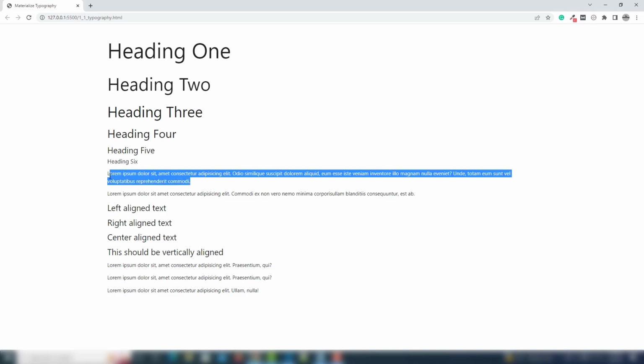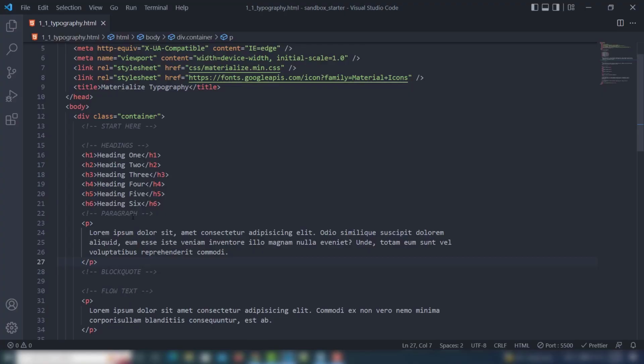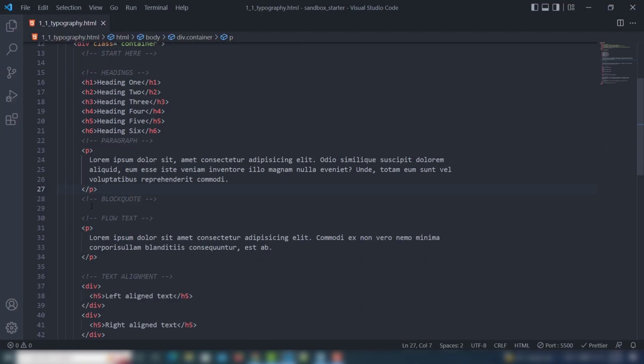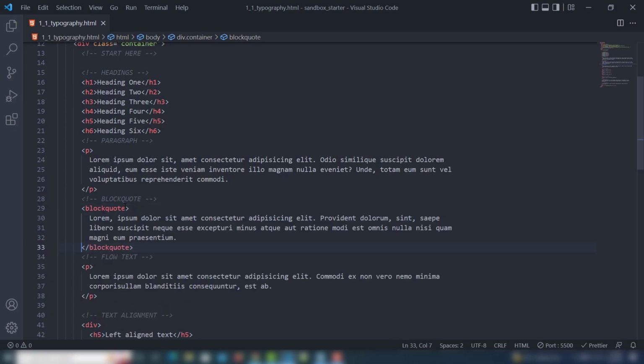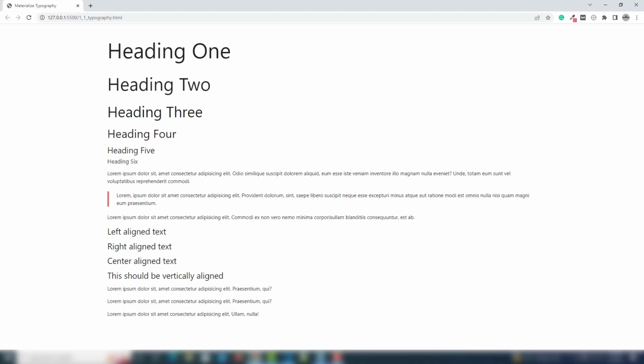So this is the normal size of the paragraph, right? I don't need to assign the class inside there. Block quotes. If you write the blockquote and write the lorem text, then you will be able to see different changes inside our page. I'm gonna save that and open the browser. As you can see,